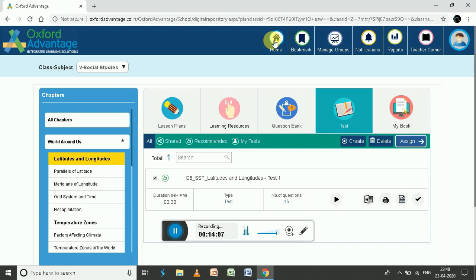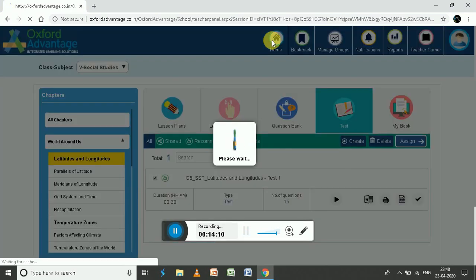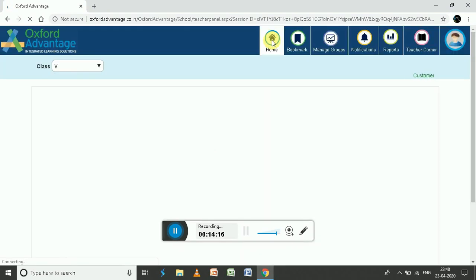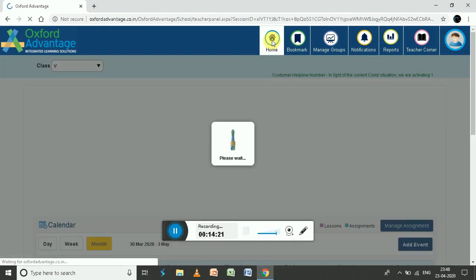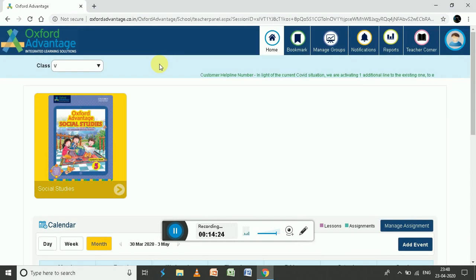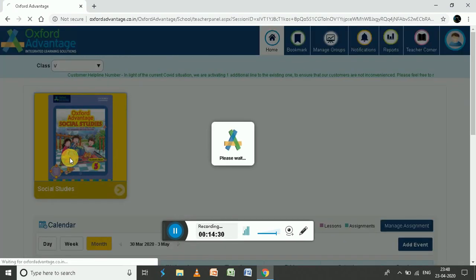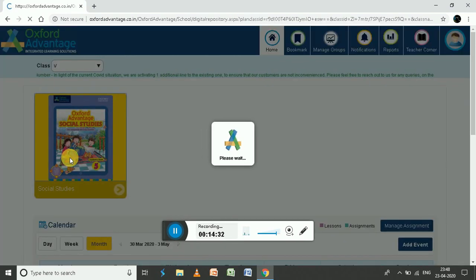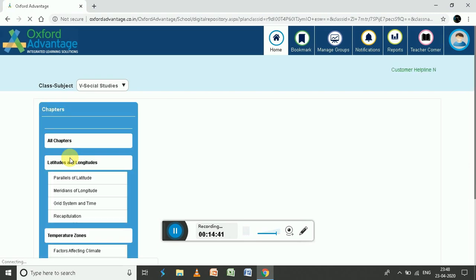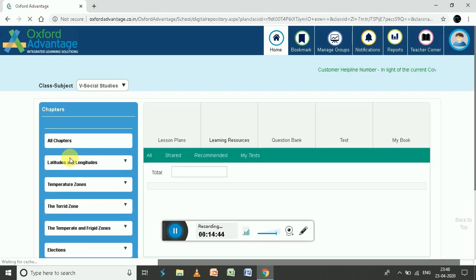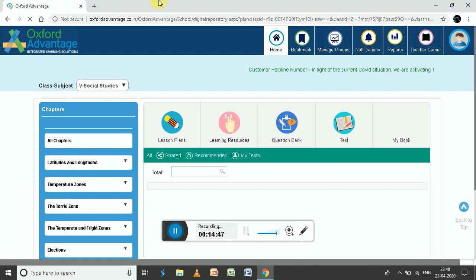This is a home button. Once you click on it, it's going to take you to the starting point, the home page, where you have to enter again. It might be that you are in the lesson plan you have created, you have gone deep inside, and you just want to come out to a neutral point. So the home page is such an option where you can just click and come back to the first point. Now this is the bookmark option.